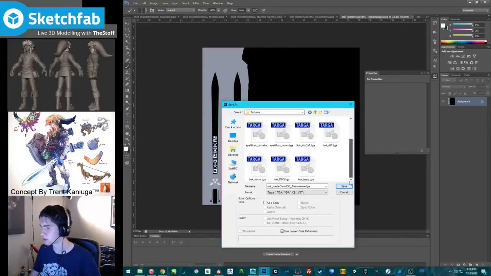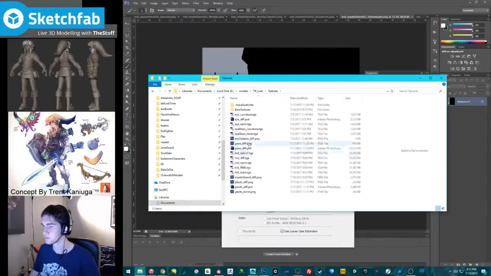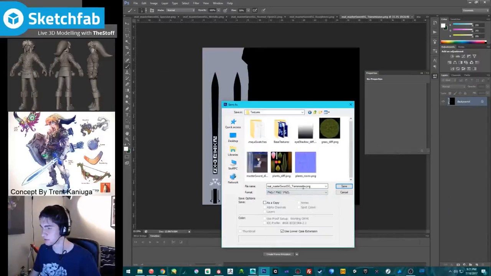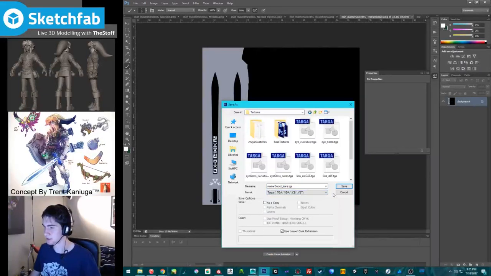Where's that other texture I just saved? Oh. Of course it's a PNG. I mean, PNGs aren't bad, but I just like being consistent.